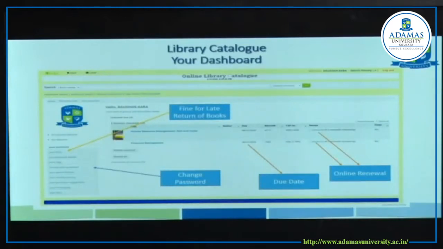Here if you click your personal details, it will allow you to change your password, and your email. Here actually all the email IDs we have taken from your enrollment form, admission form. So that may not be correct. If it is correct, it is fine. Otherwise, please update it. Many of the students have written their parents' email ID. I suggest please create a mail ID if you do not have one, and give your own ID here so that your parents will not be disturbed with your mails. So you will be getting your relevant mail in your own mail ID. Okay.